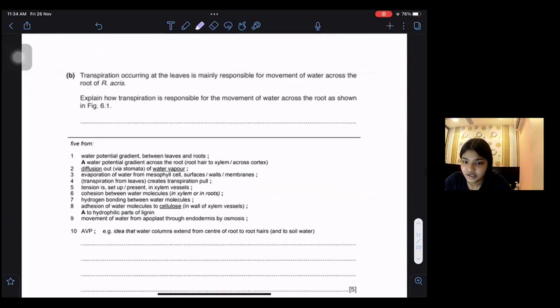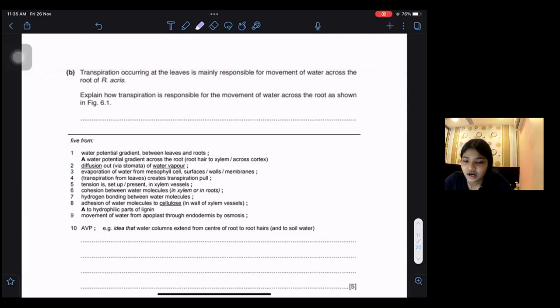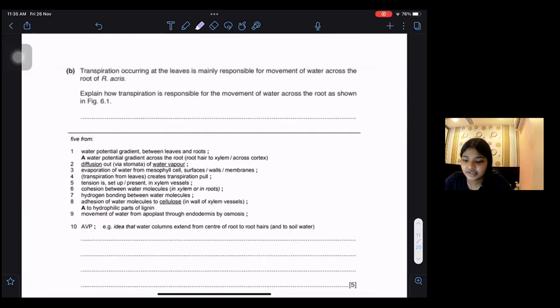Okay, so the next question is about transpiration. It says that transpiration occurring at the leaves is mainly responsible for the movement of water across the root of R. acris. So explain how transpiration is responsible for the movement of water across the root as shown in figure 6.1. So we know that basically,